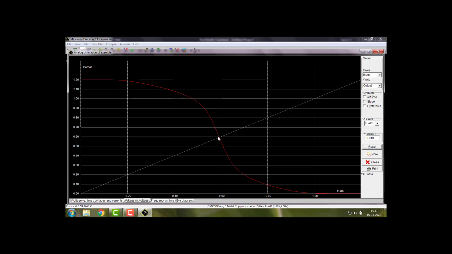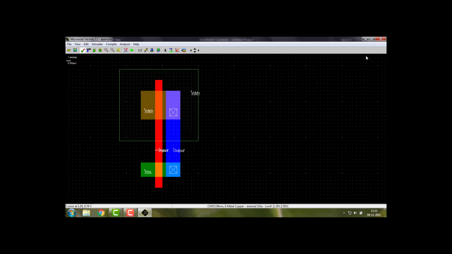This would be different. Now at 1.2 VDD, this is the cutoff point, the midpoint, which shows equal rise and fall. So this is all about the inverter.